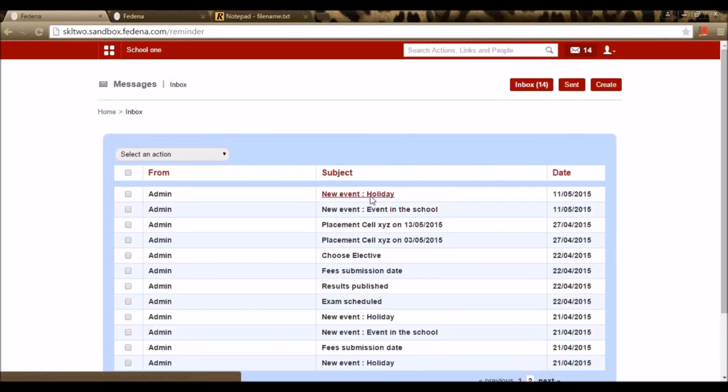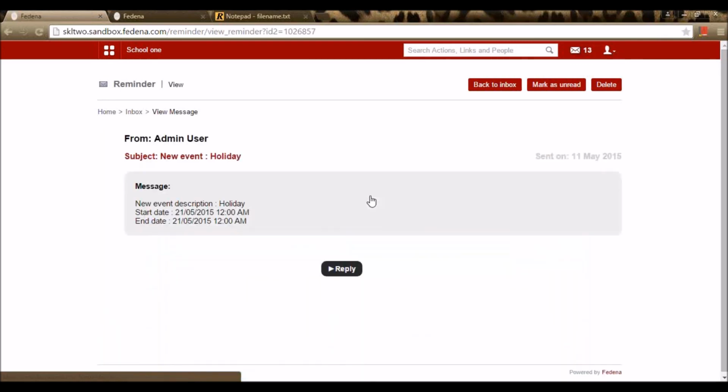So this particular event, say holiday, was created for all the students and all the teachers, which is being sent as a mail here. This notification describes it's a holiday and the description of the holiday, and the start date and the end date. As a student, I can even reply back to this mail.